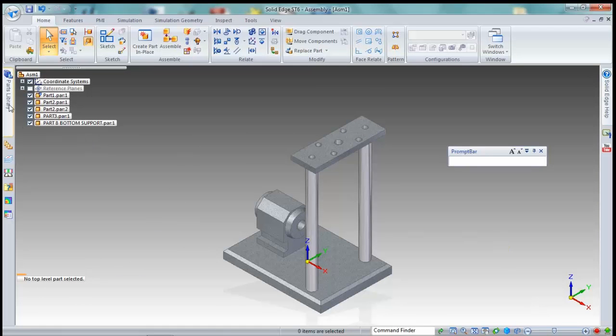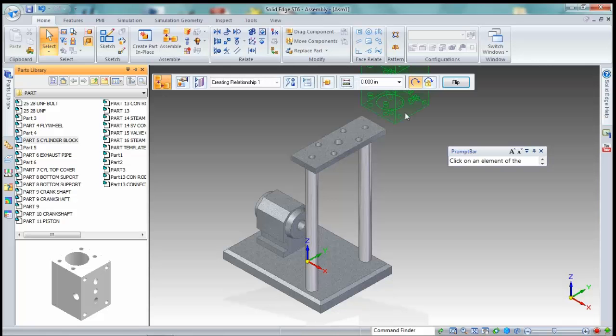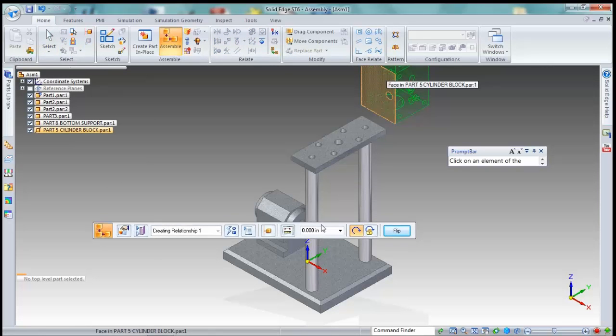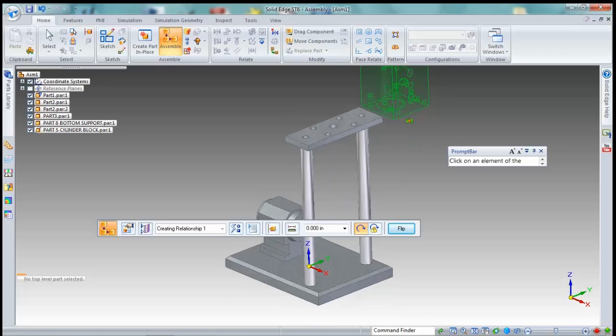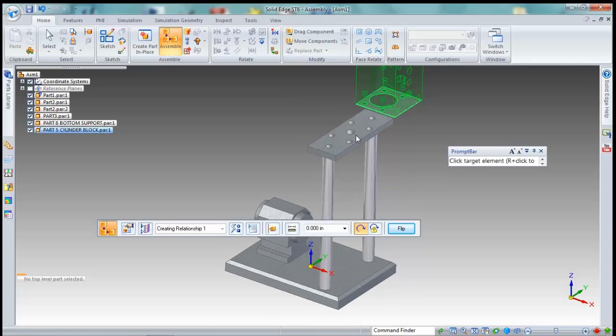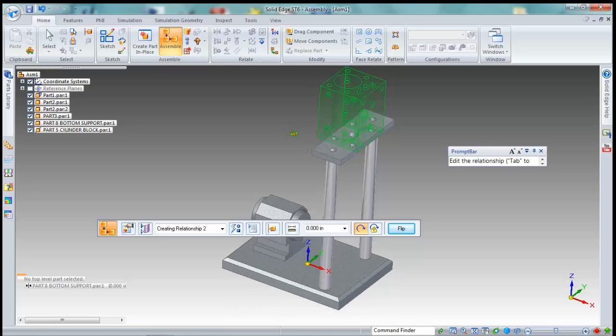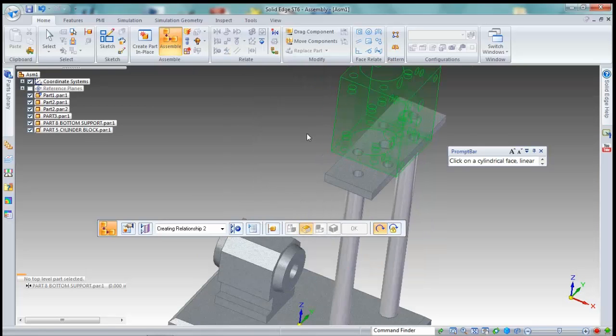So probably another one of the more difficult parts is the cylinder block, which is right here, part number 5. You just bring it up, place it up here in the air. And it's important to recognize that the valve holes, these holes here, need to be facing this way. So the first thing I'll do is line up my bottom faces. This face needs to line up with this face. Okay? Now we need to spin it, so that means I'm going to go to an axial alignment tool, and